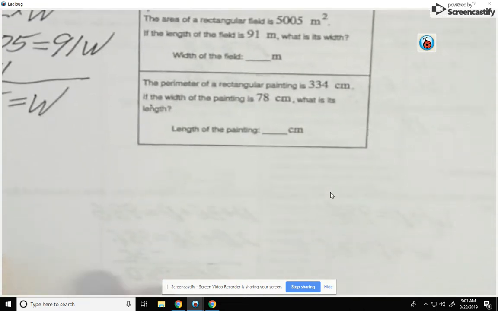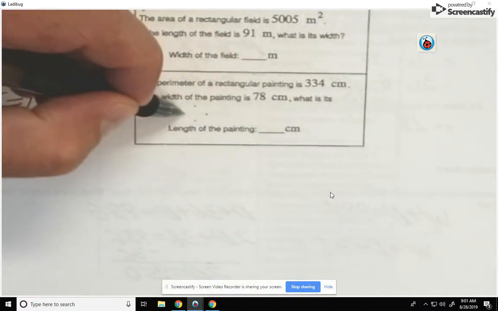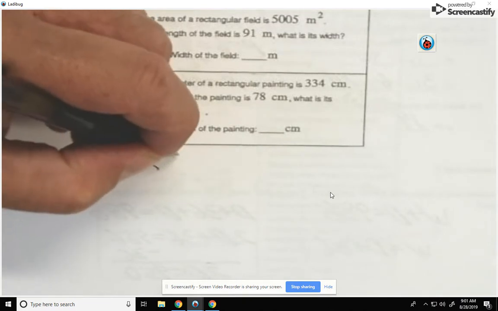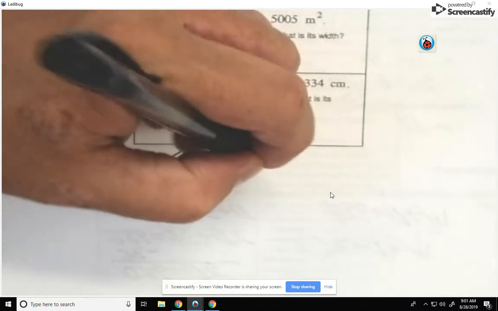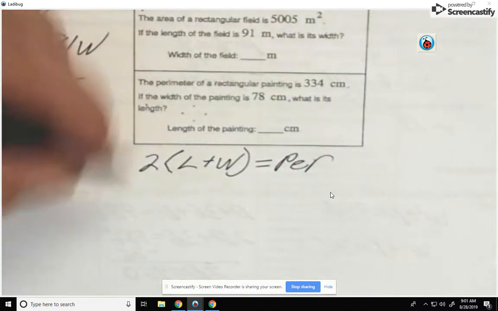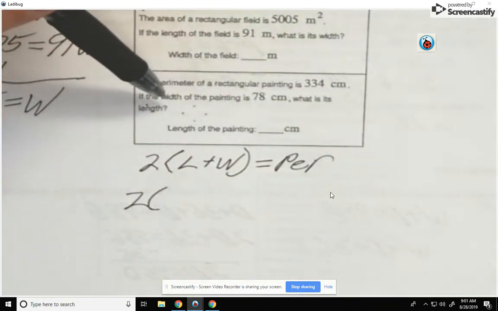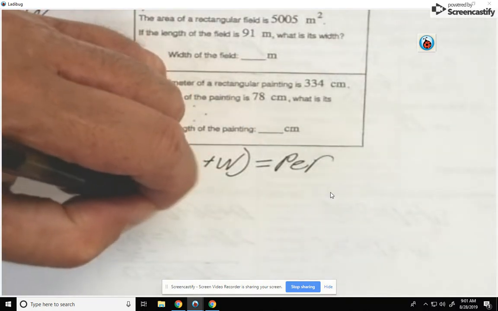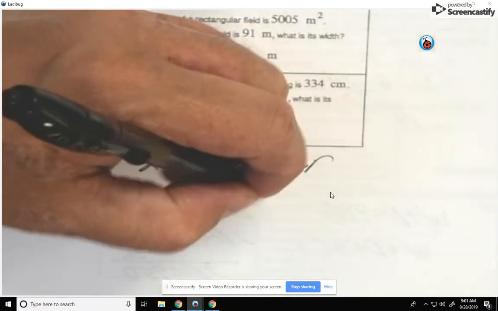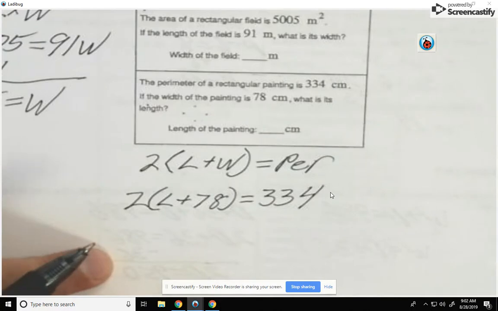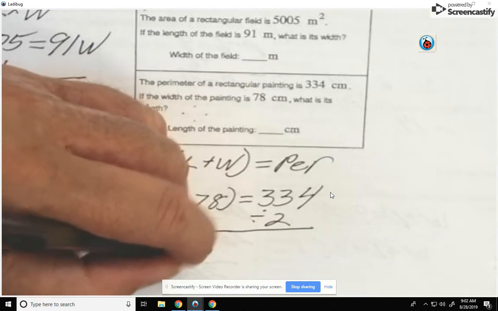The second part asks us for the perimeter. We know that for perimeter, we just add all four sides. So a simplified version of that equation is 2 times L plus W equals your perimeter. Again, we want to plug in what we know. We're told that the width is 78, so we get 2 parentheses L plus 78 equals 334. Now the first thing we do is divide through by this 2 to get L plus 78 equals